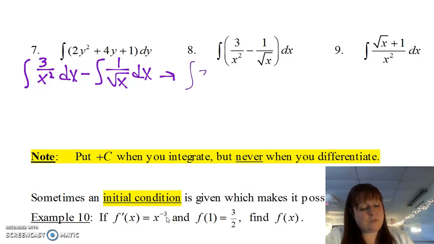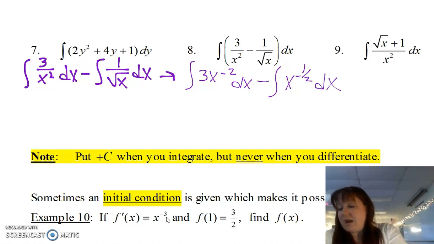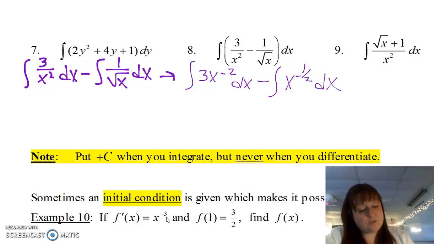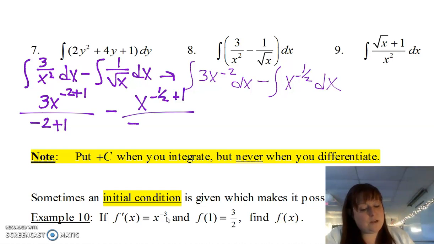This would be the integral of 3 times x to the negative 2 dx minus the integral of x to the negative 1/2 dx. And we know how to do that. All we have to do now is we can do, well, the integral of 3x to the negative 2 would be 3x, now we take negative 2 plus 1 over negative 2 plus 1, minus x to the negative 1/2 plus 1 over negative 1/2 plus 1